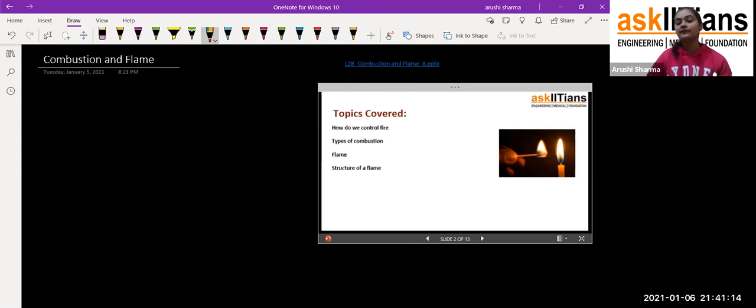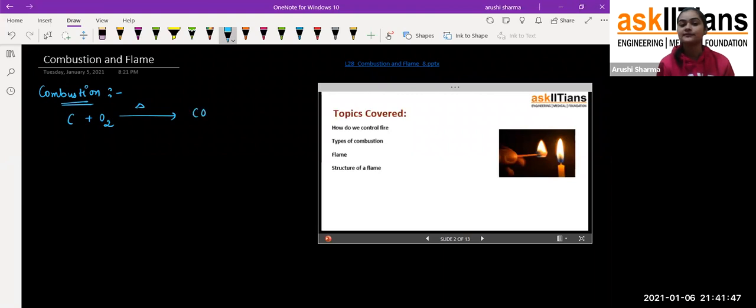Now the combustion we have already completed. If I just revise in a quick go what we discussed in the last class, I hope all of my students who have watched that session have understood about combustion and the conditions required for it. So what is combustion, students, if I'm not wrong? Combustion is when any substance or any carbon compound, in the presence of oxygen, combusts in the presence of heat. When we give heat to it, there is the formation of carbon dioxide along with heat and light. So this is the combustion reaction.